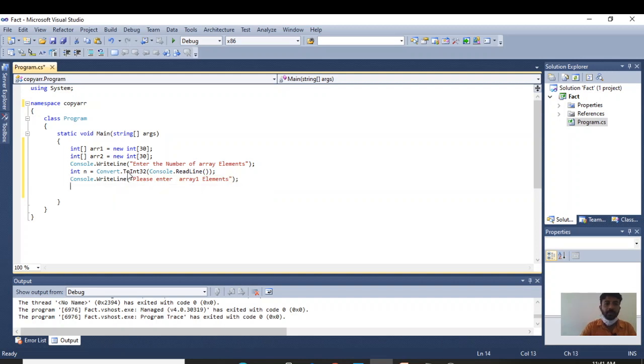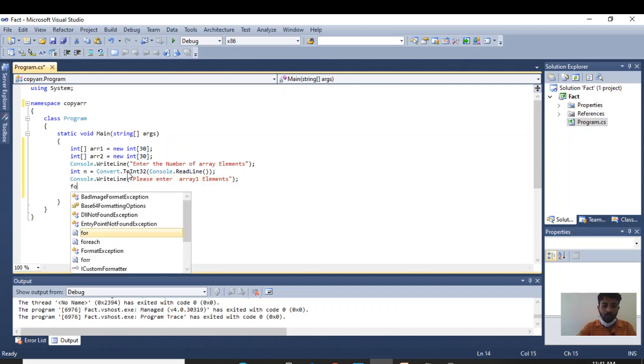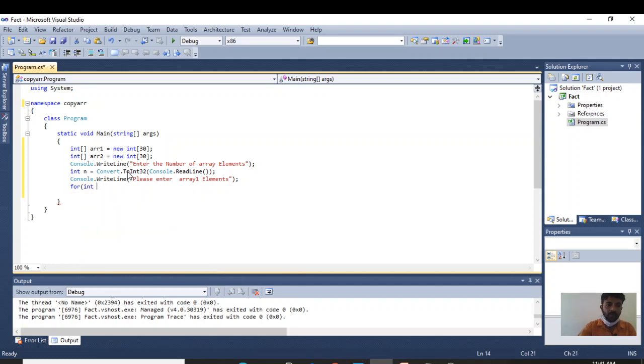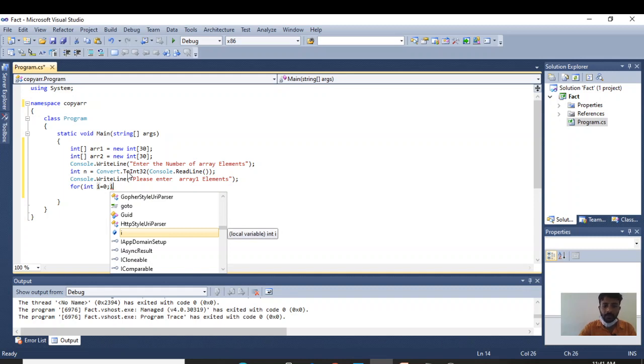Right. Next, I will use a for loop to enter the array elements. For int i equal to 0, index value always starts from 0. So initially I make it 0, i less than n and i plus plus.